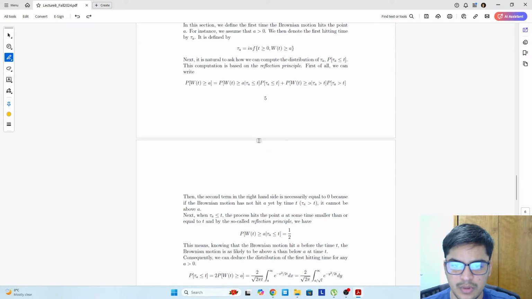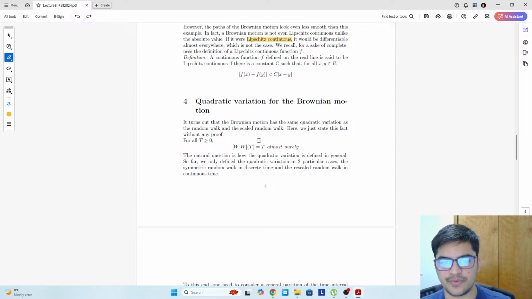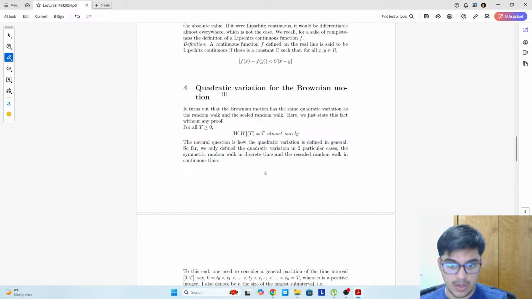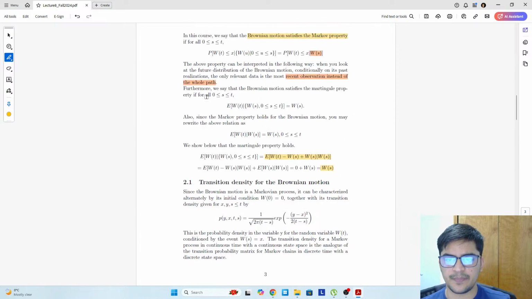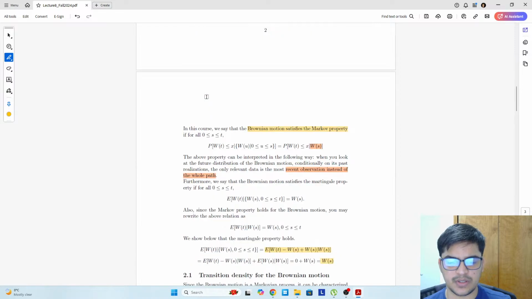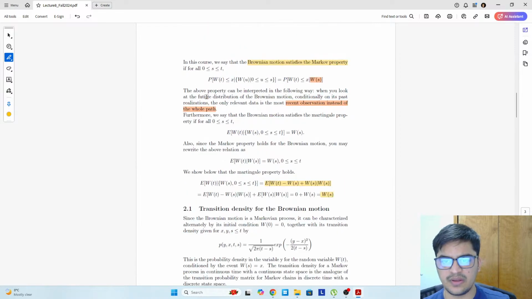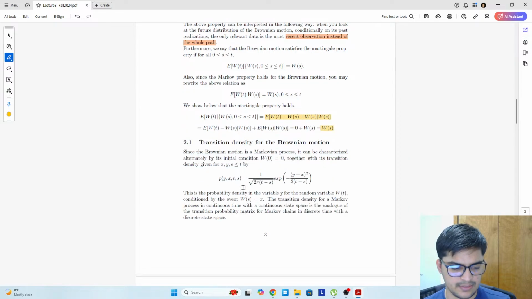So today we are going to go through quadratic variation of Brownian motions. In the last video we covered what Brownian motion is and some properties of Brownian motion. Let's go over that quickly. It has the martingale and Markov property, which basically says